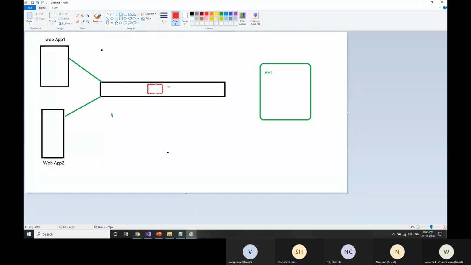Then that API will subscribe to these messages. This is how you can do it. You can write here in the queue, either a storage queue or a service bus queue. The benefit, if you are using service bus, is that you will get the first in first out method.